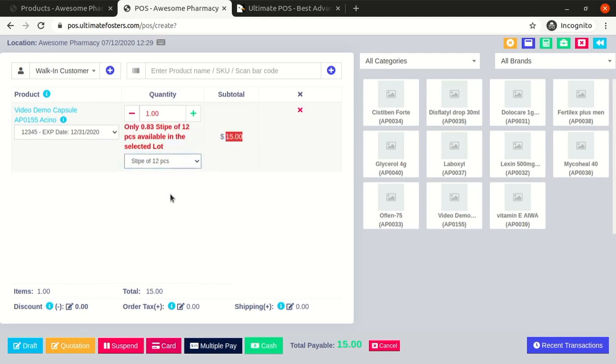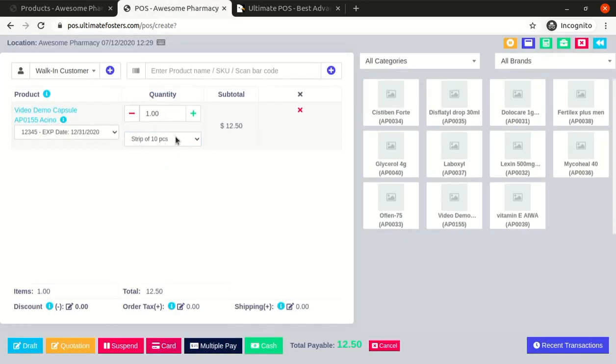If I am selecting a carton of 10 pieces, it's increasing the subtotal over here. Similarly, it's showing a validation message, like only 0.10 carton of this strip is available. If I am selecting strip of 10 pieces, it's working fine. If I am selecting 12 pieces, it's not working, because we only added this opening stock of 10 pieces.